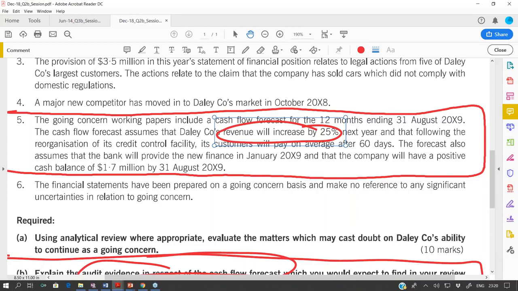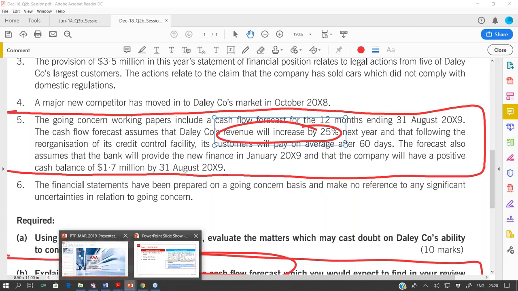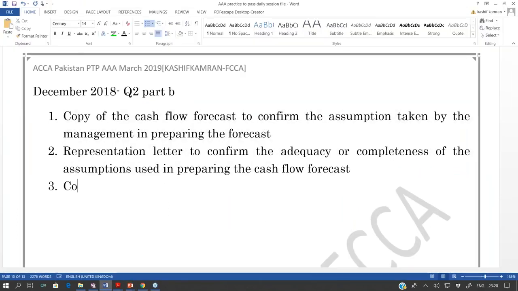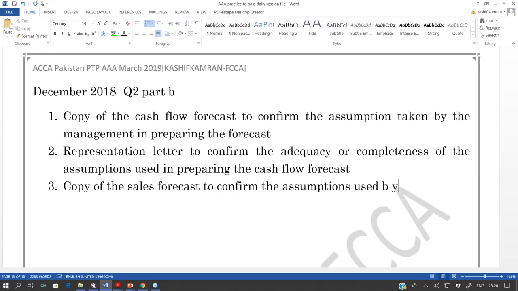So for revenue increasing, what support document should I be having? Should the management have made a sales forecast? Should I be having a sales forecast to accompany the revenue increase of 25%? Yes or no? Number one: should I have a copy of the sales forecast to confirm the assumptions used by the management